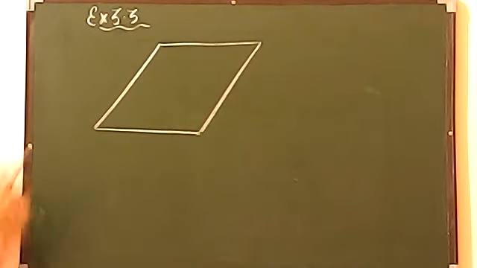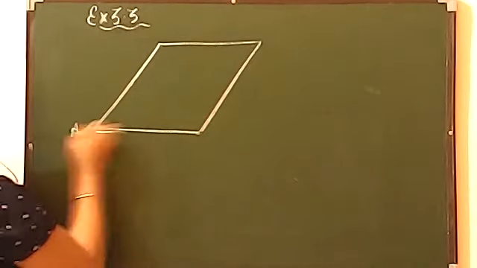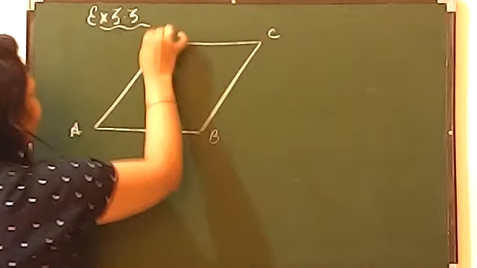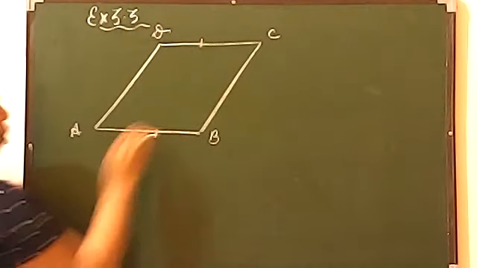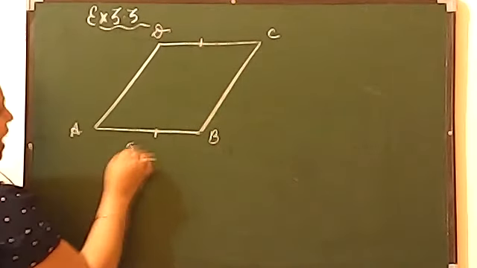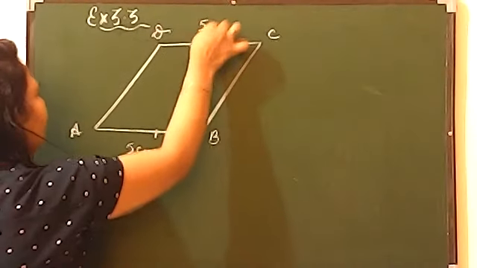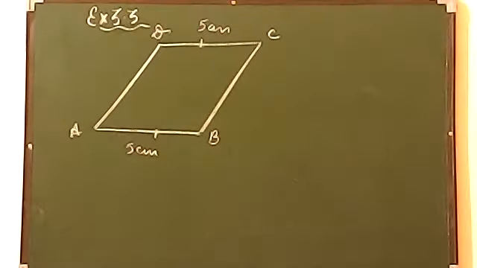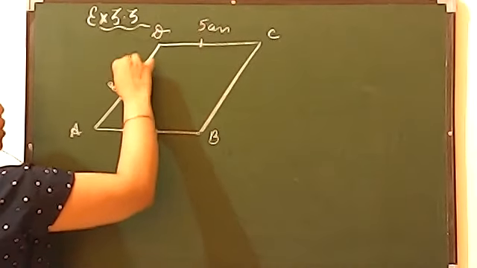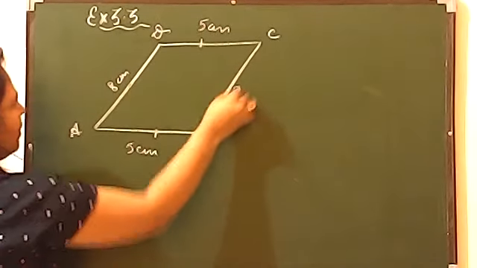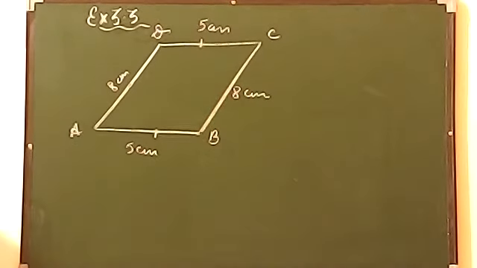Now for the rest of the properties, please pay attention over here. Suppose the name of this parallelogram is A, B, C, D. The first property is related to sides. As you all know, this is called the opposite side. So if this is 5 centimeter, this will also be 5 centimeter, as the property says opposite sides are equal and parallel. First of all, I have shown you the equality. If this is 8 centimeter, because you can see this is larger, this will also be 8 centimeter only. Opposite sides are equal in length.